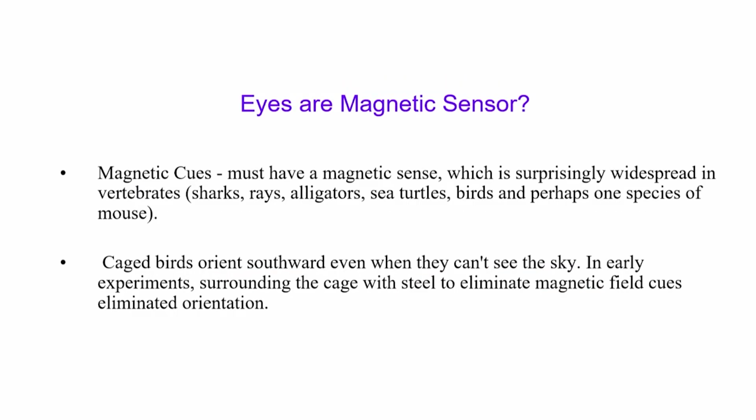It is now found that many of these birds, their eyes themselves are actually magnetic sensors. So, they take magnetic cues from their eyes, and surprisingly, not only the birds, some of the vertebrates like sharks, rays, alligators, sea turtles, they also use a very similar technology. In fact, it is noted that caged birds orient southward even when they can't see the sky, and in the early experiments, surrounding the cage with steel has been done to eliminate the magnetic field cues that can come